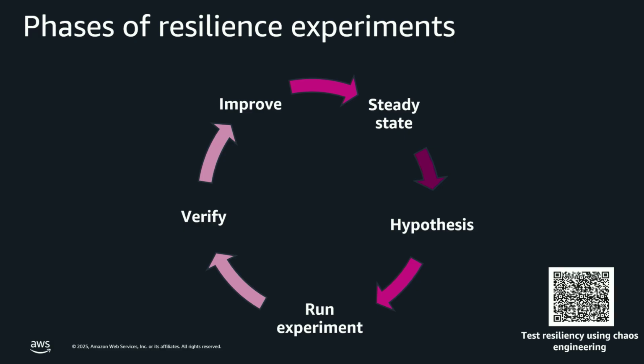So this is where, based on the hypothesis that you have defined, say I want to induce fault A to components A, B, and C, and then I'm expecting that the system behavior will be either an error rate increasing 10% or maybe an infrastructure failure or any other failures that you are planning to induce. So for example, if you have an EKS pod, then you want to induce an EKS pod CPU stress, or maybe if you have an RDS database, you want to fail over to another region, depending on the hypothesis that you want to define. So once you run the experiments using AWS Fault Injection Service in a multi-account setup,